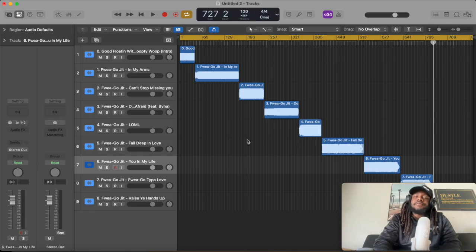You feel me? So yeah, again, for me personally, instead of listening to each individual track in the car, which I do sometimes, once I have the full album, I'll create a full mix of the album and send it to my phone so I can hear the order of things. I can hear what I like, what I don't like, the order, whatever the case may be. So hopefully that helps.